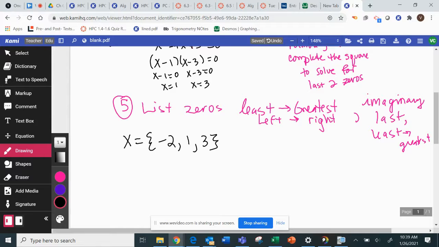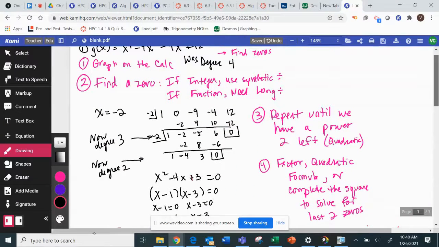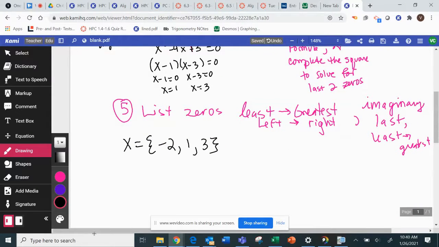Now you want to kind of just double check things. Like we had a power of 4. Why do I only have 3 zeros? We had a power of 4. The -2, there was a multiplicity of it, right? It was squared. So we need to think about things like that. So when we write our factored form,